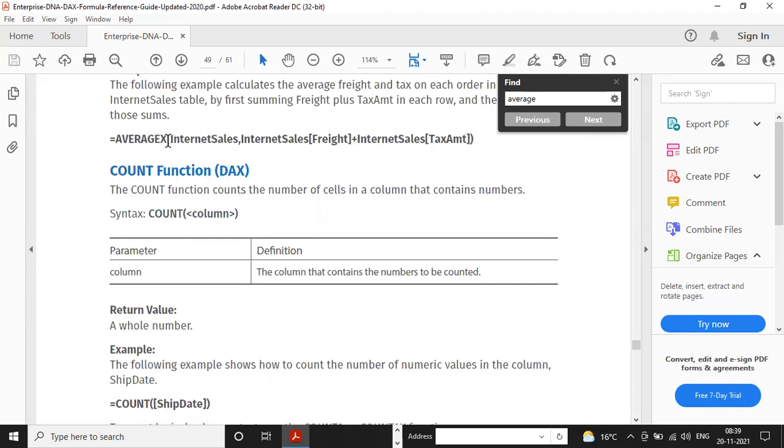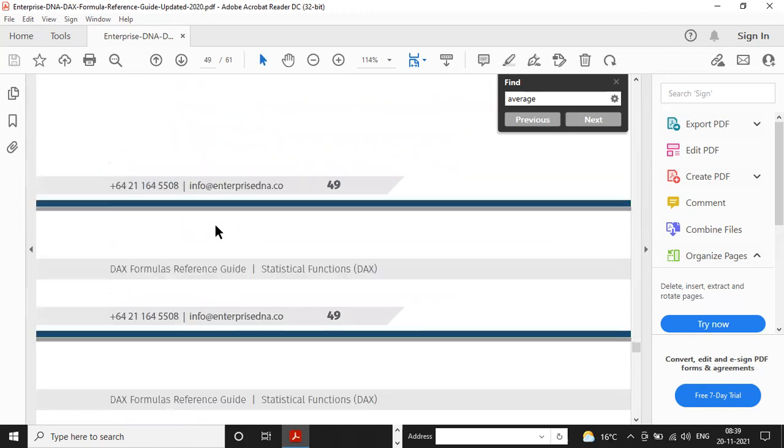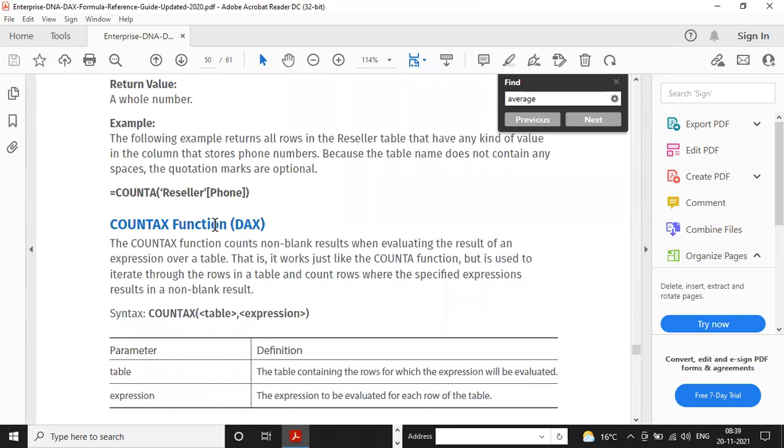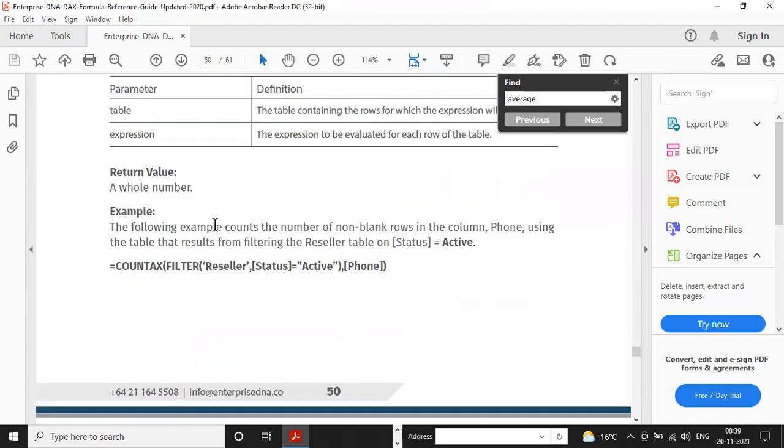See AVERAGEX, which we just calculated in our function. So every function that includes X means you have to calculate via two or three criteria. But if you have only AVERAGE, it means only one criteria. That is a simple thing. So after the class, I'm just sharing this with you so that it will be a little bit knowledgeable for you. So you can prepare.